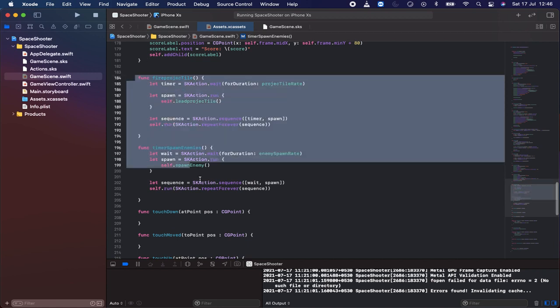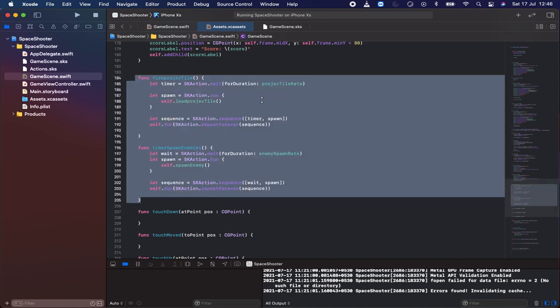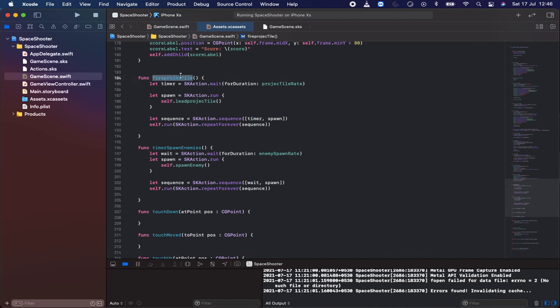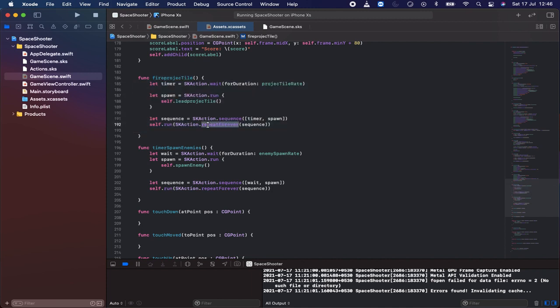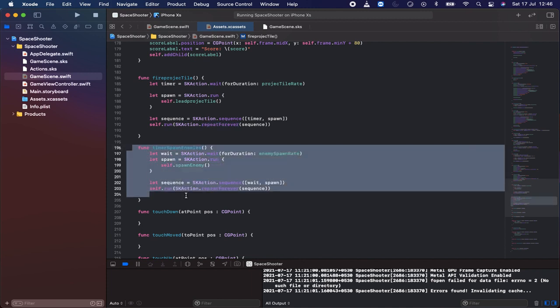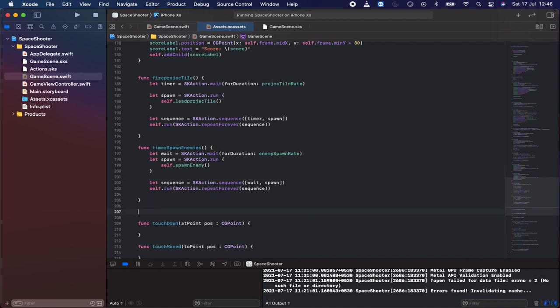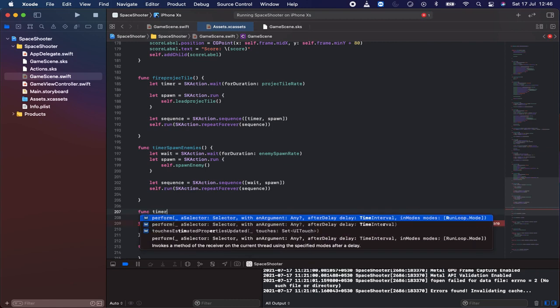You may be wondering what's happening here inside. It's nothing but the projectile, which means the bullets which we are sending towards the enemy. It'll be of timer kind, and I need to run it and repeat that forever until the game ends. And then I have the spawn timer enemy, which means the enemies I need to bring continuously. Those are the functions which I have written at the moment, and I need another as well. This is for the timer